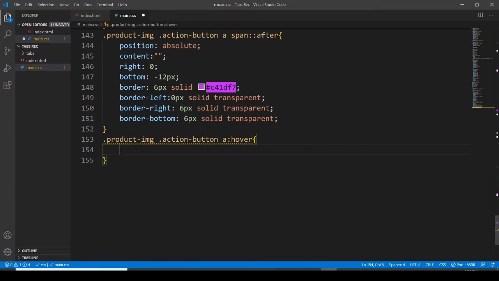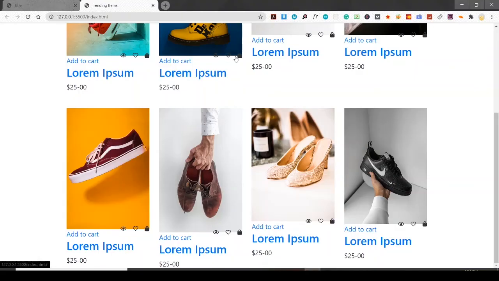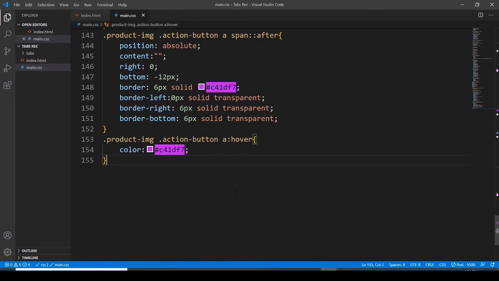Now let's go with the color. Hash C41D57, and here let's save it. Let's see what's going on in the browser. Okay, so we are hovering and something, just the color of these icons is changing. Here it is more visible. Okay, then after,